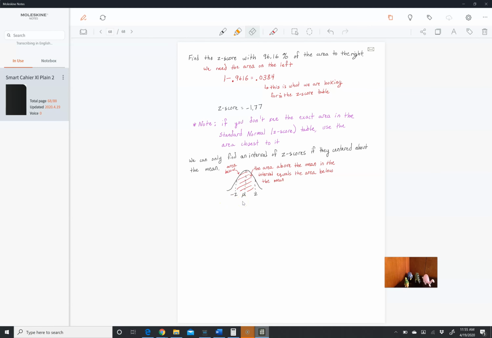So let's take an example. We are finding the z-score. This is the other way that you might see it written. 95% of its area lies between negative z